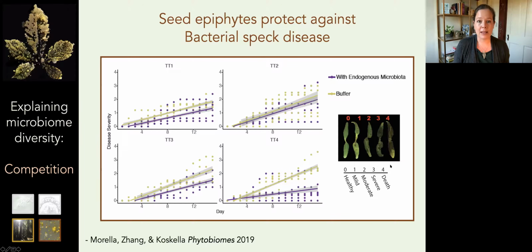And what we found is that on average, and certainly in tomato types 1, 3, and 4, there was a very protective effect of the resident microbiome. In other words, you saw more disease, so higher points, when these seeds received only buffer than when they were re-inoculated with their resident microbiome. And this is exciting, and it matched some of the work we had done previously in adult plants, so the above ground leaves of adult plants.